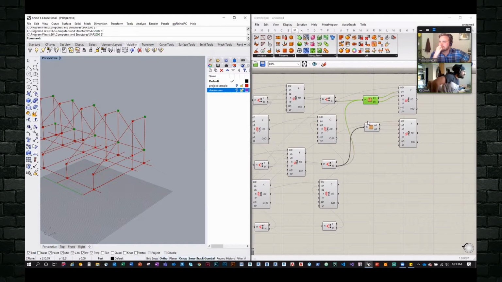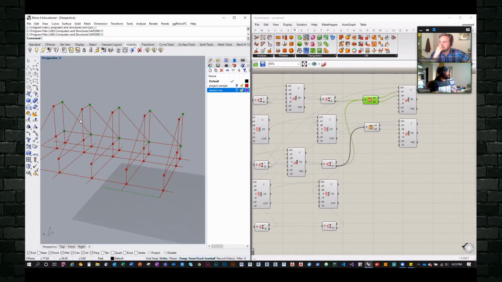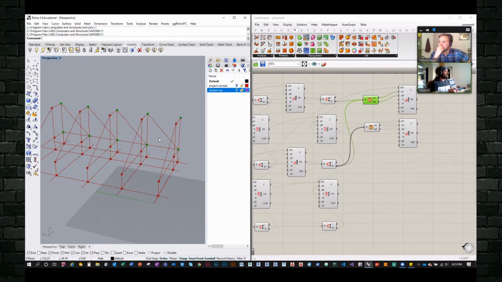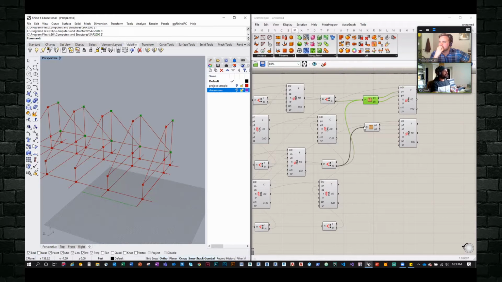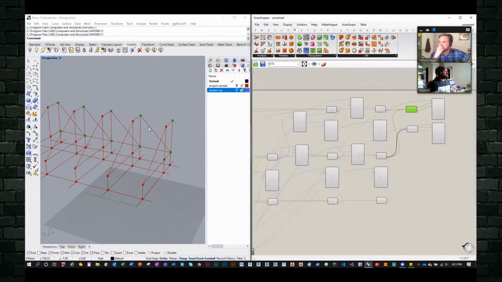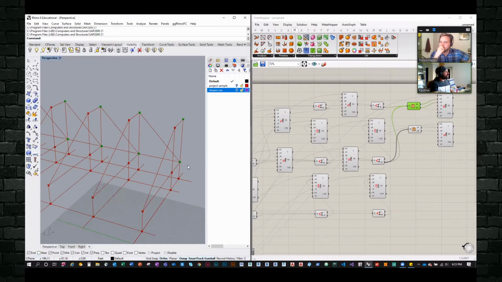This is actually an excellent example. What happened right now is an accident. I didn't intend for this, but this is what I was talking about earlier. If there's an error, like obviously there's not a cross brace in the structure, at least my engineers didn't tell me. If something like this happens, this is where the visual setup really helps. I know now that there's a problem at this node and that node.